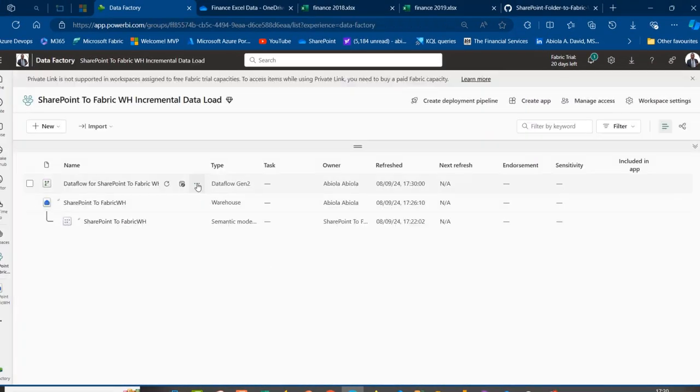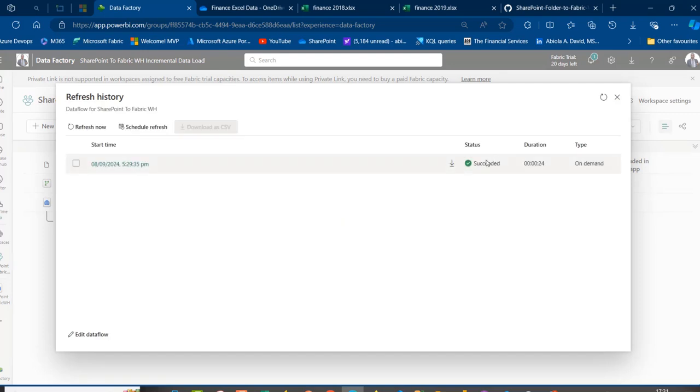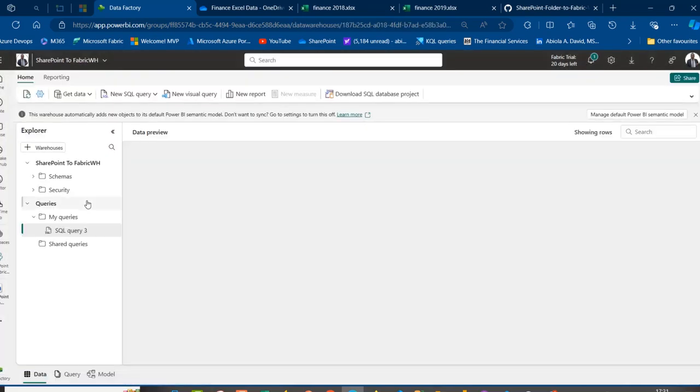I'm going to click on the ellipsis of the Dataflow Gen 2. I'm going to click on the refresh history to check the status. So this should be succeeded. Okay, fine. We have the succeeded, and of course, if it failed, we're going to see the failed here. So this is fine. I can see the start time, and then we have the duration, the type, which is on demand. So I'm going to go to my warehouse and check this out in the